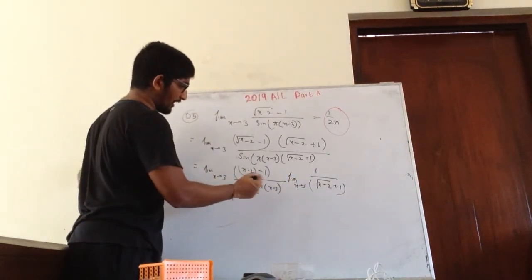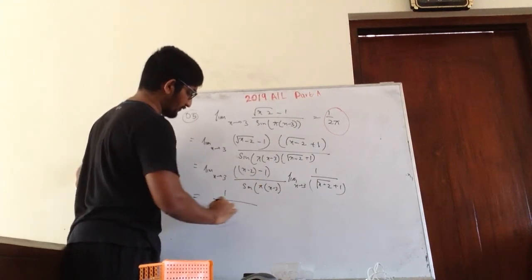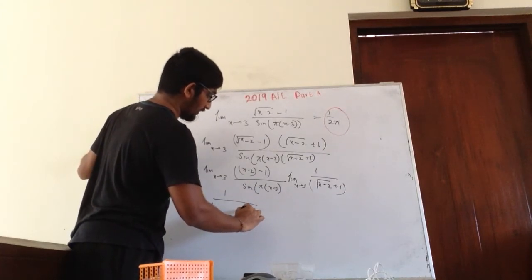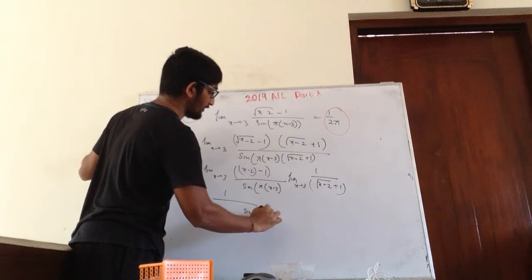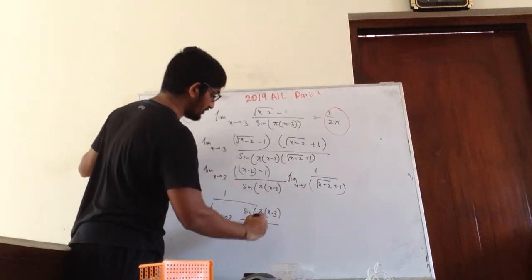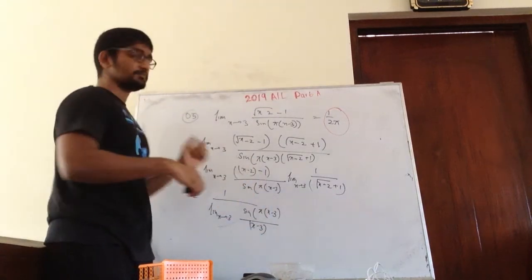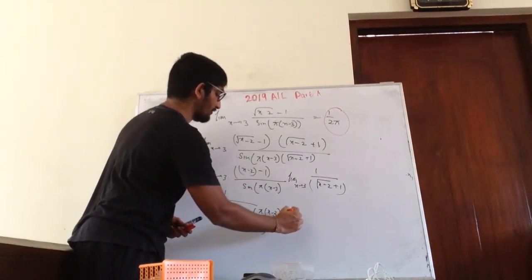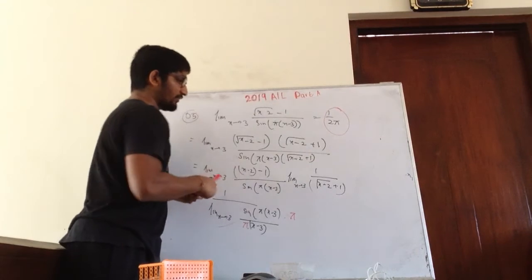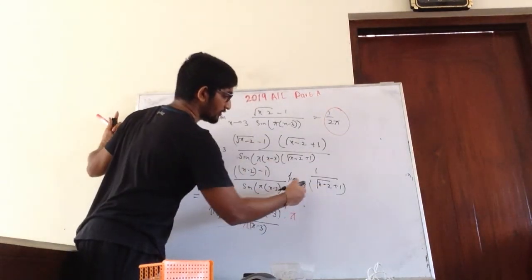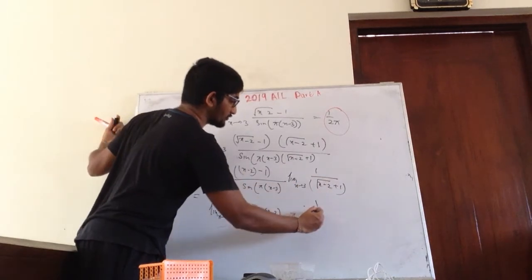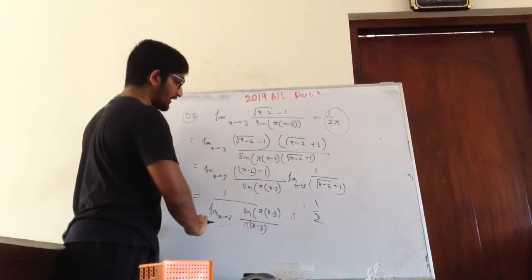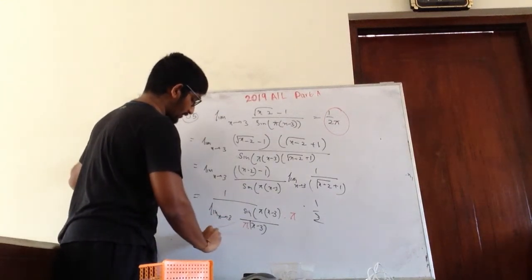So here I will get 1 over limit x goes to 3 sine 5 x minus 3. This is also x minus 3. So what I am going to do is I am going to put a 5 here. So then I have a 5 here. So here if I take the limit, I will get, so 3 minus 2 is 1, 1 plus 1 is 2. So now basically I get a 1 over 2, 5 out anyway. So here I will get 1 over 2 5.